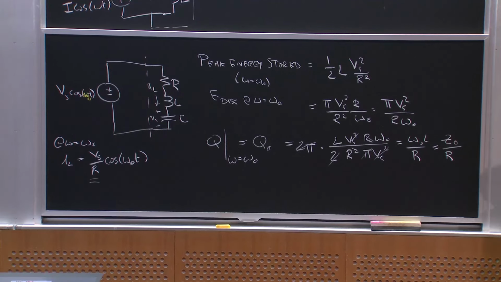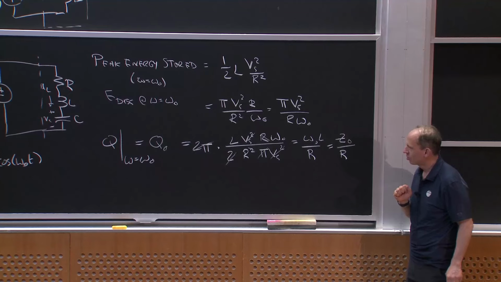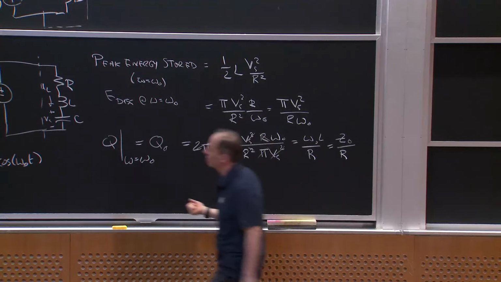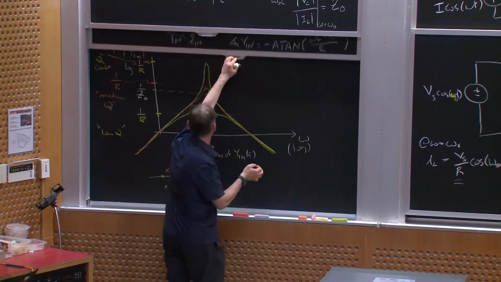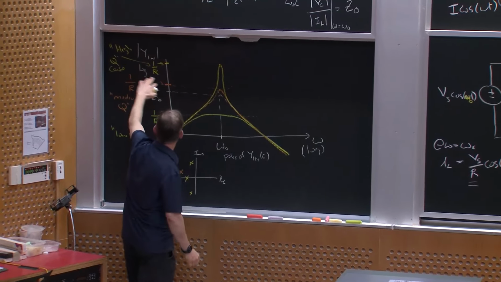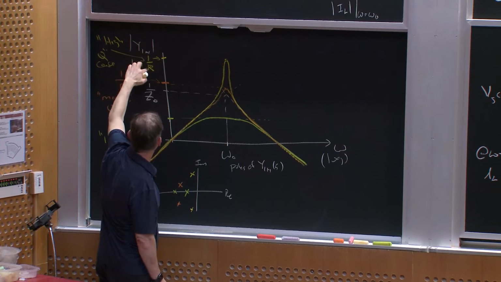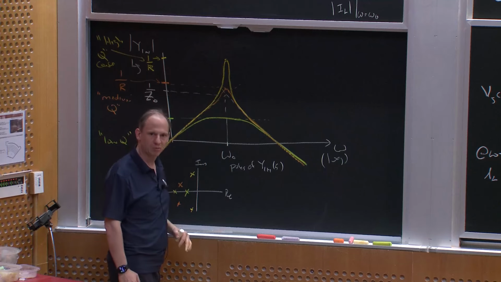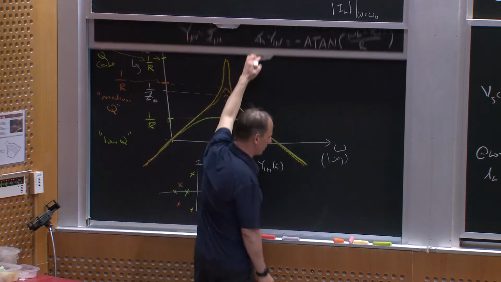Okay? So Z naught over R is the quality factor of the circuit. So it immediately comes back to this case, right? If Z naught over R is big, or R is much smaller than Z naught, I'm up here. And so it exactly comes back to this. All right? So if I were to plot this then,